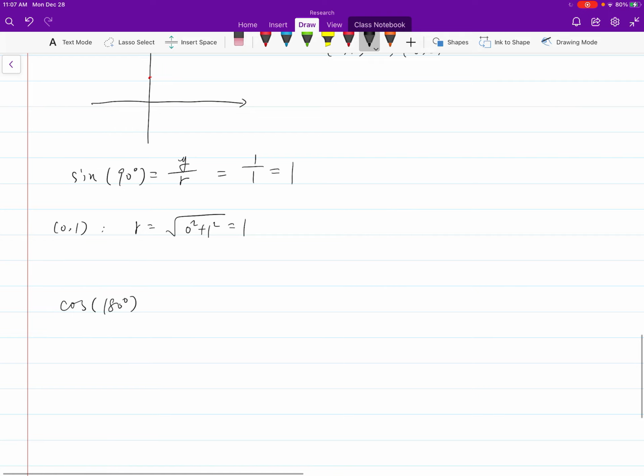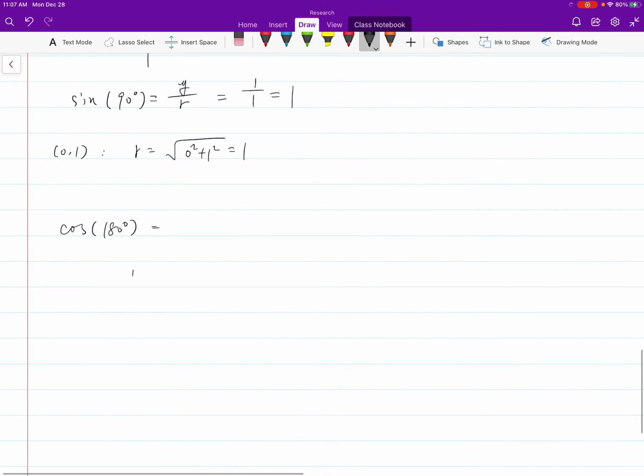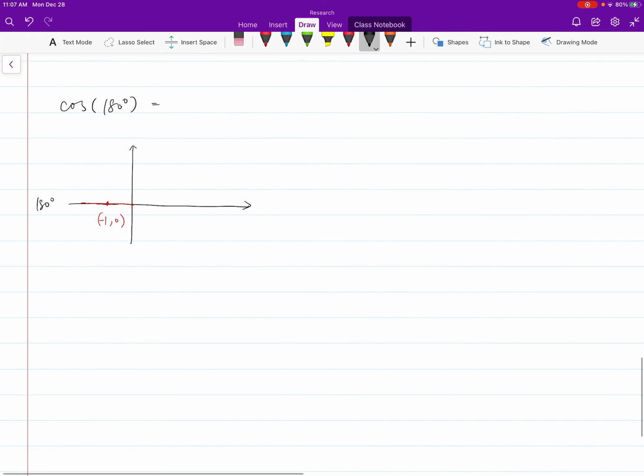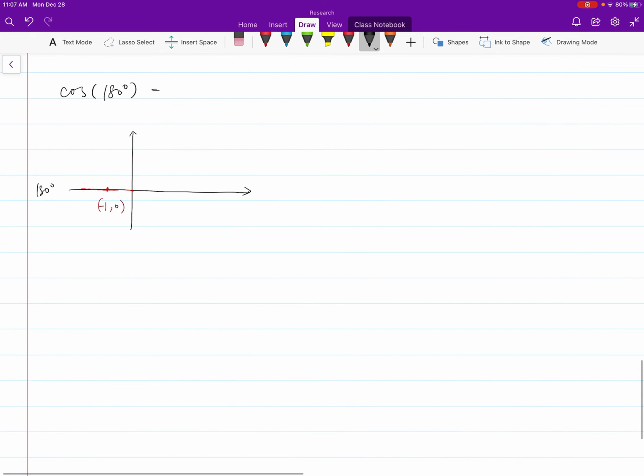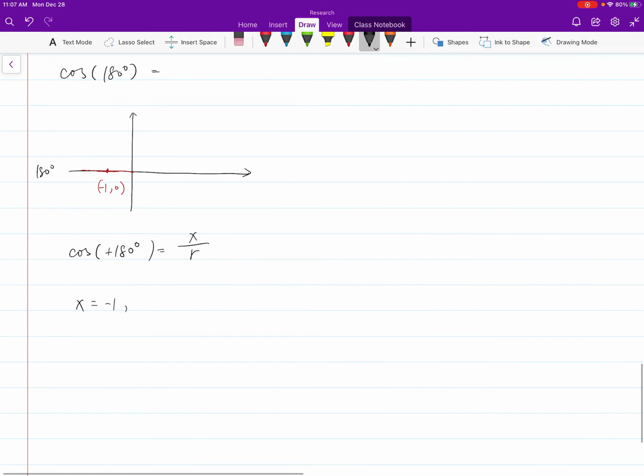What is cosine 180 degrees? Try that. Where is 180? Here is 180. Let's pick a point. Negative 1, 0. Again, negative 2, 0 will also work. Okay. So cosine equals x over r. x equals negative 1. r equals,